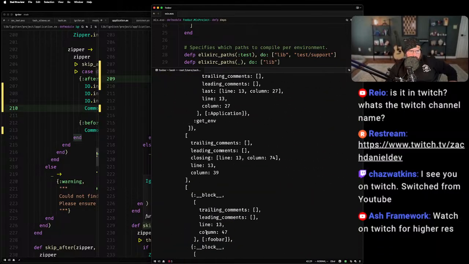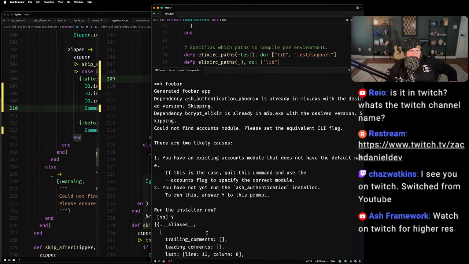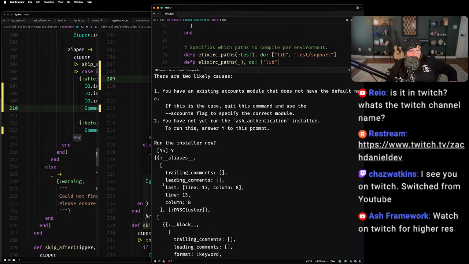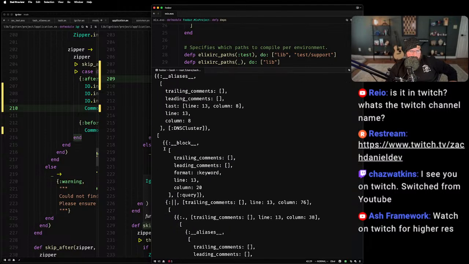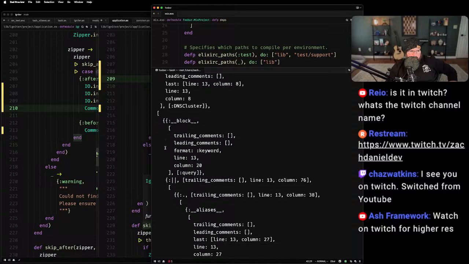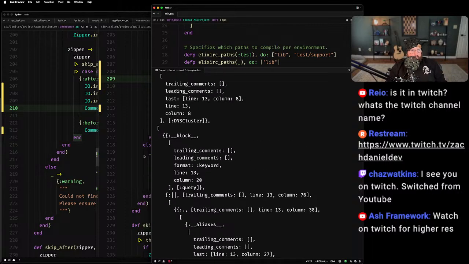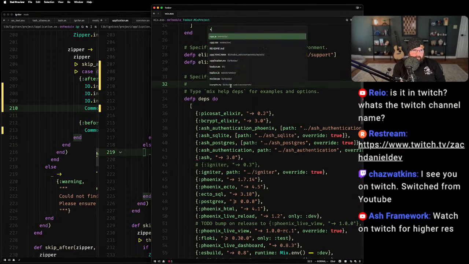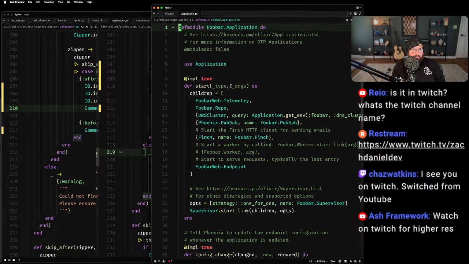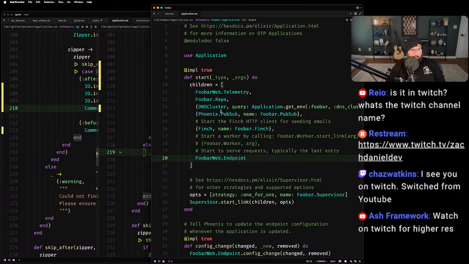So all right, the first one is we're at this DNS cluster bit. What does that look like in the actual code? Here. Oh wait, this is interesting.